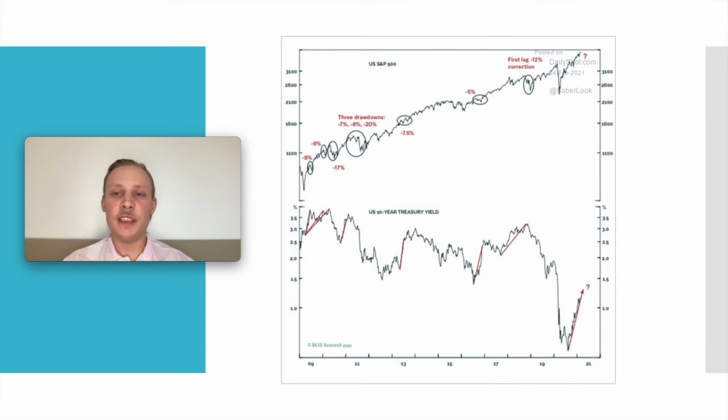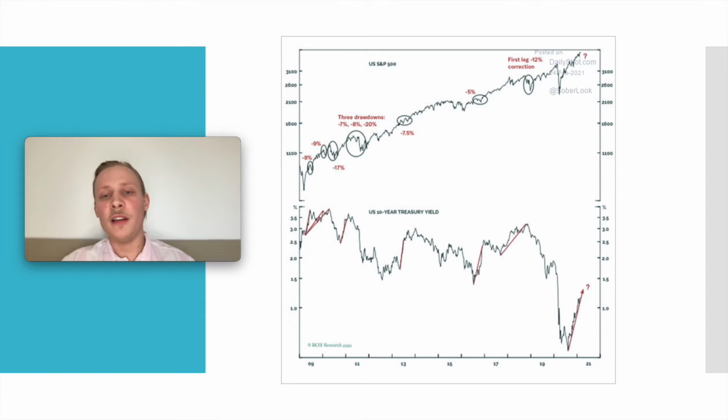On this chart, you can see some kind of correlation between rising rates and corrections in the market. You can see here, we have this rise. What is going to happen here? We had the rise of rates in 2008, and we got a 12% correction. Here we got a rise of rates, we got a correction. Again a rise of rates, again a correction. It doesn't indicate it has to be a correction. It is just showing you there is some kind of correlation between rising rates and dropping stock markets.